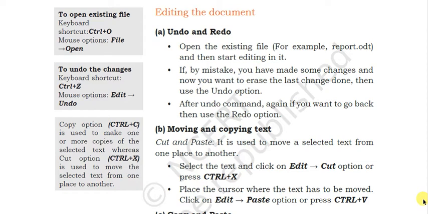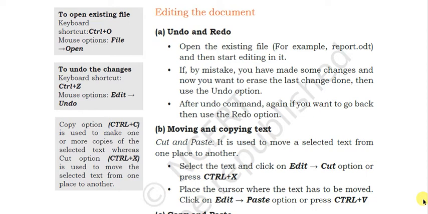In this video lesson, we will be covering the second session of word processing. In the previous session, we have discussed the basics of working with the LibreOffice word editor, that is called Writer. We also discussed the layout of the window, and we saw that there are various sections in that window like title bar, status bar, menu bar.